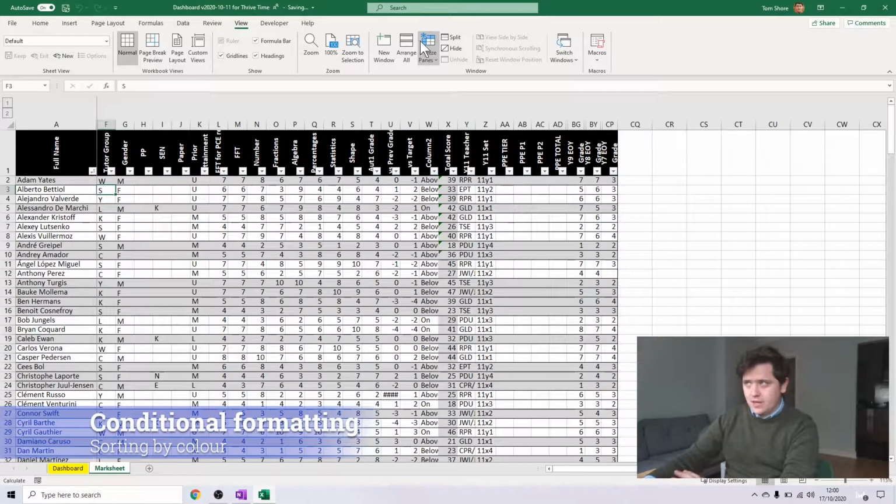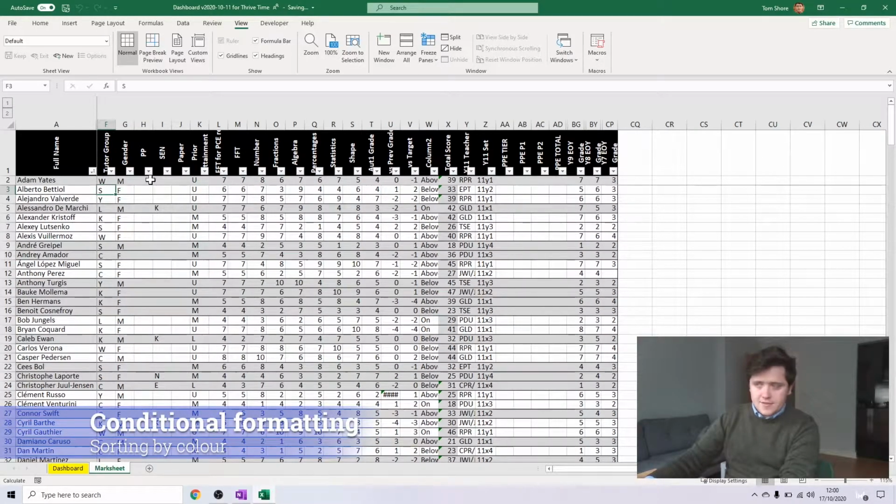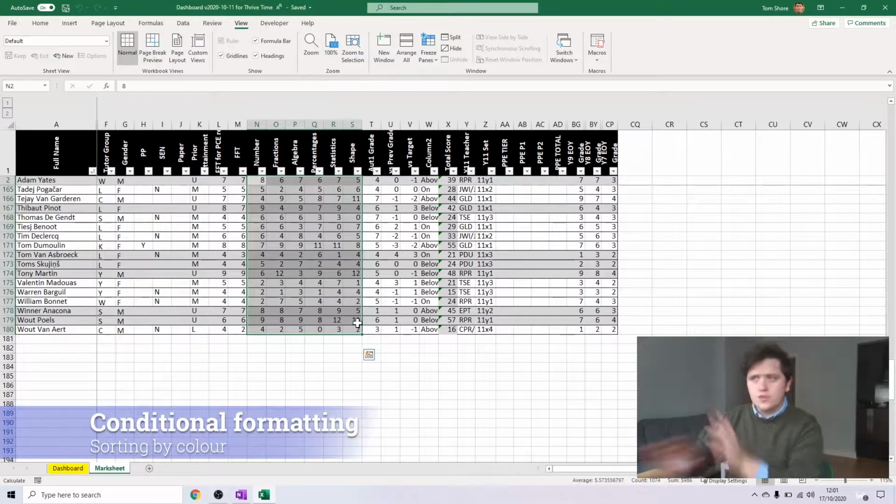Often when I'm dealing with a large data set, I will click not the first row of data, I'm going to click the second row of data and one in from the left and click freeze pane. And what this allows me to do is it keeps the top row frozen and the first row of data, and it keeps the left hand column frozen. This is dealing with the top row to here and then to here,